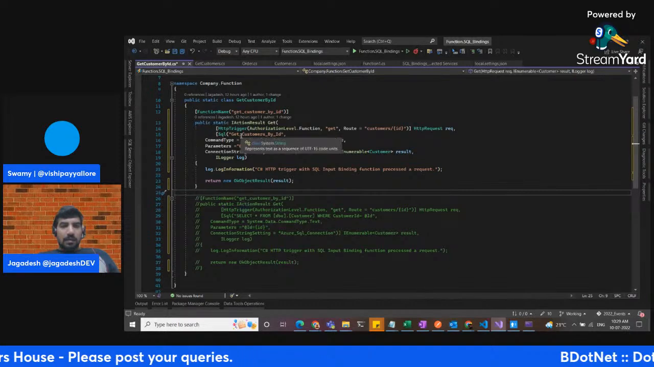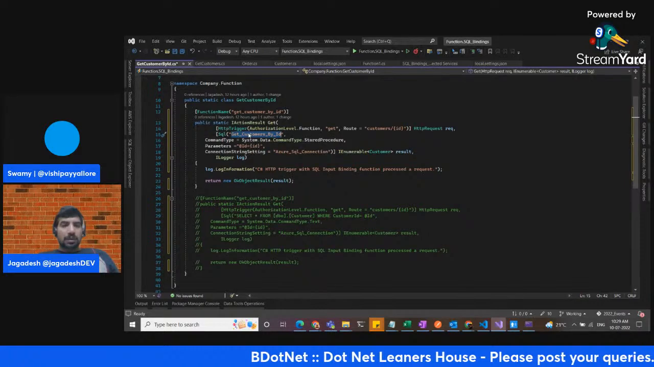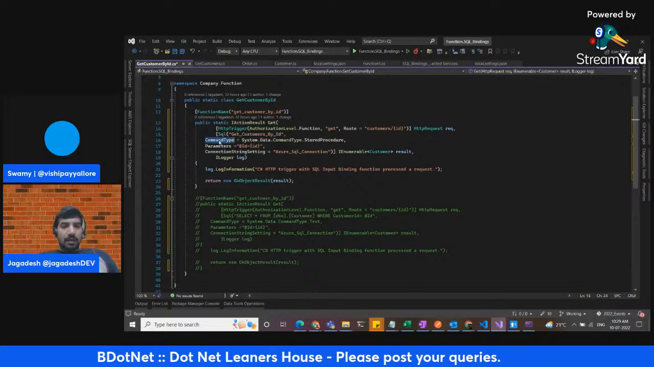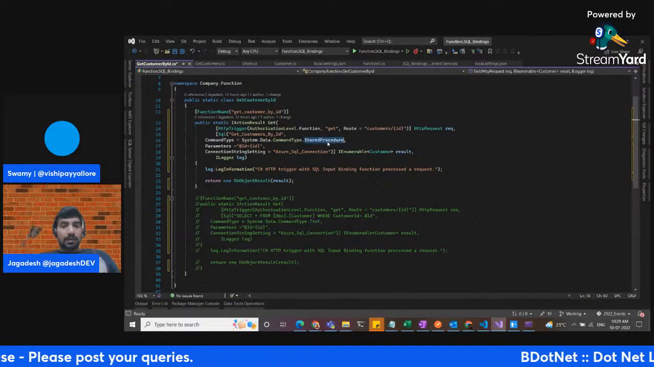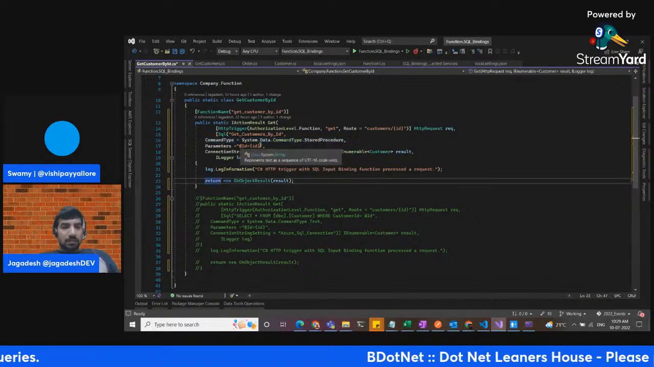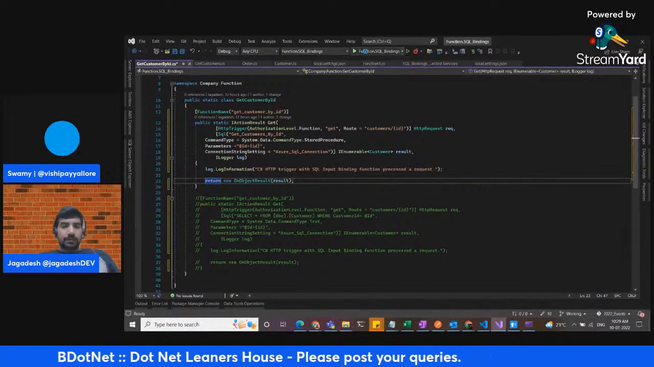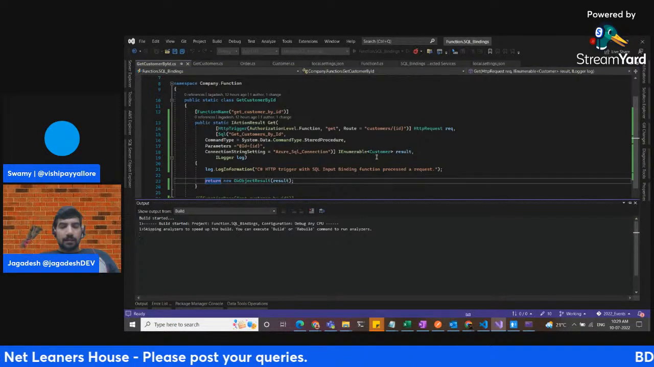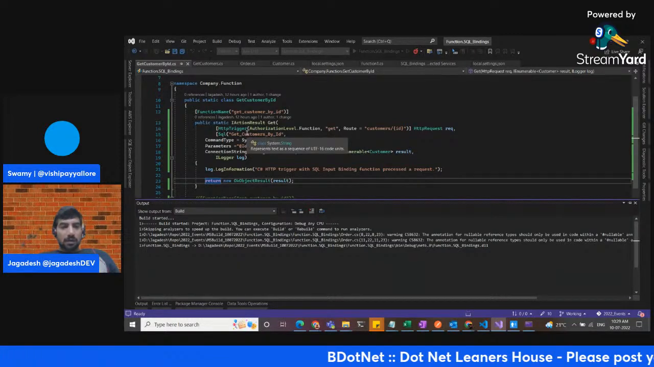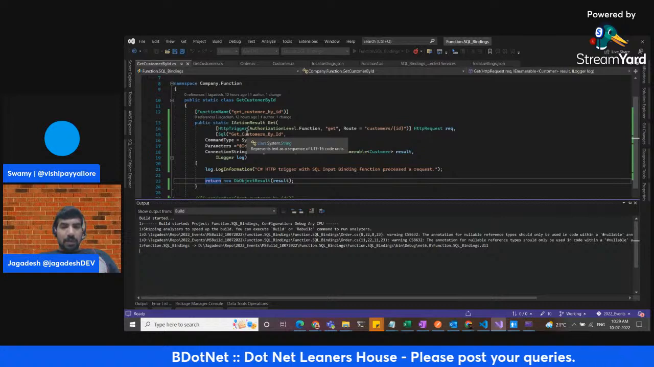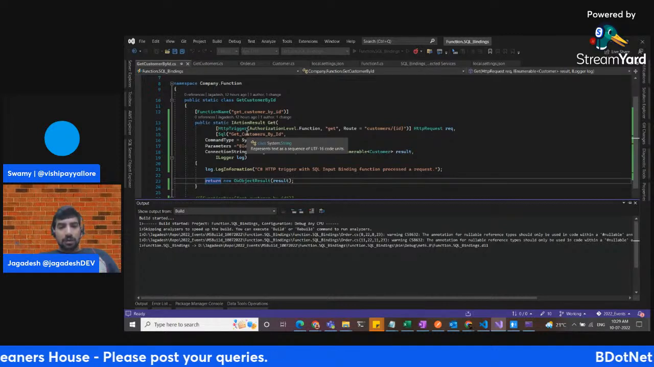And here, instead of calling select star from table, we simply put our stored procedure name. The command type will differ, because previously we were using text. Here we are using stored procedure, and the parameters are the same. We're using it as it is. Just run it. This is the other way using a SQL binding, how to call a stored procedure